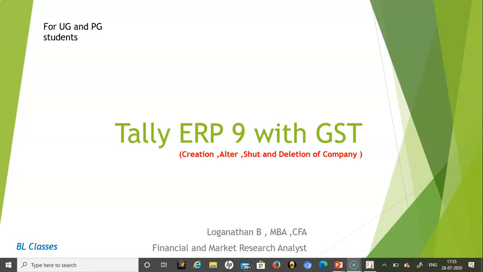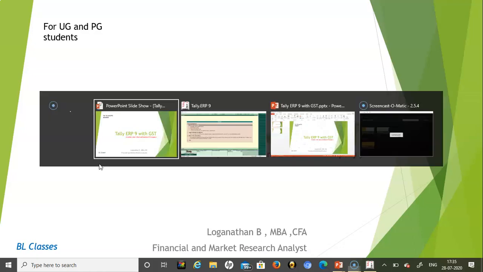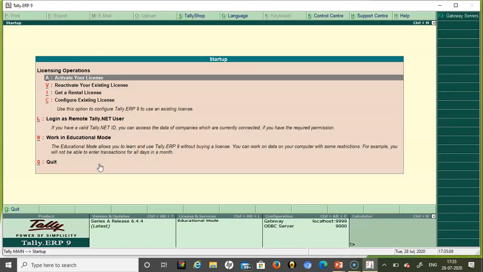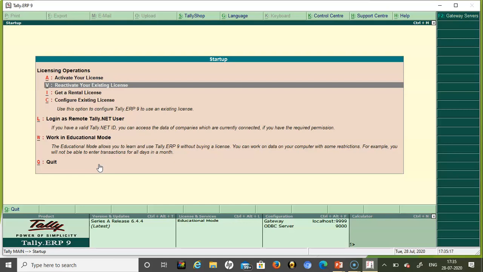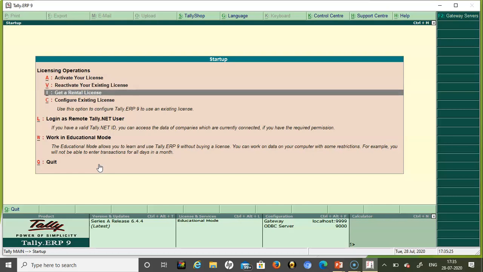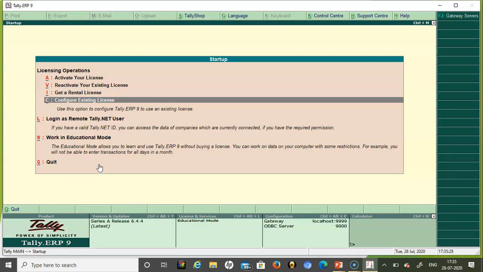When you click the Tally icon on your desktop, Tally opens and shows a screen. Here we have licensing operations, where you will be activating your license. If you're using a commercial Tally, you can reactivate your existing license and get your rental license. There is also some configuration.